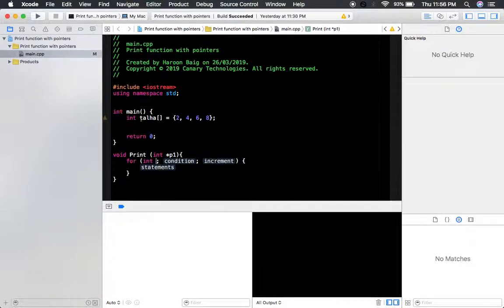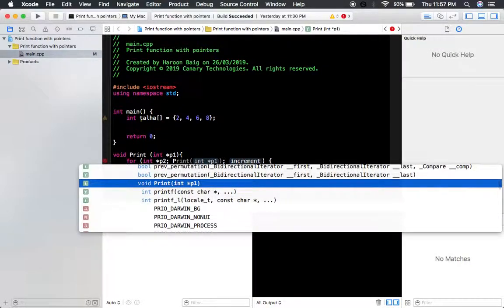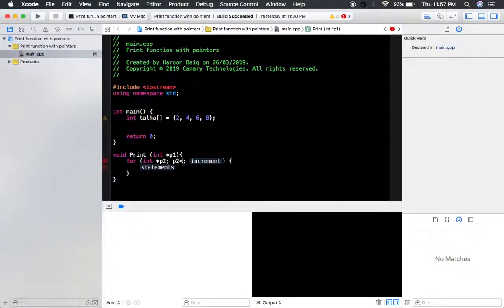We are going to declare another pointer here, because we are going to be incrementing the pointer. We are going to scroll through the array and scroll the pointer as well. Then we set the condition, when p2 is less than or equal